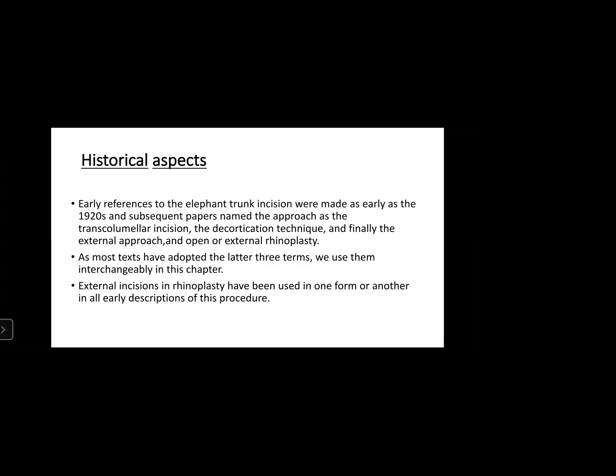So you could see, the elephant trunk incision was the first point. You just show whatever I am talking about. Okay, that also you point. Okay, sir. Pointer. Elephant trunk incision should be kept in mind. And in the second line, as you could see, transcolumnar incision should be kept in mind. And decortication technique is one more word. And it is also called external approach rhinoplasty. So you're not going inside, you're looking at it from outside only and treating it from outside. That is called external approach rhinoplasty. So these three terms are very important and they are used in this particular chapter. Next.